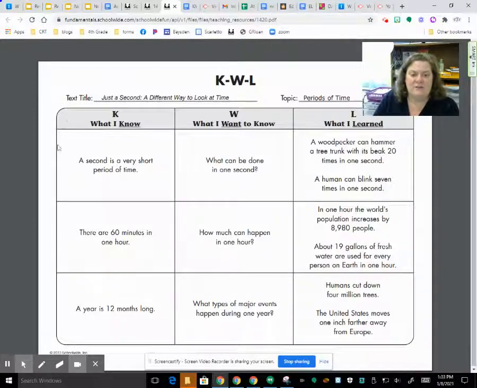So in the K section, you're thinking about what you already know based on this topic. In the middle section, this is where you're asking your questions. For example, in the one about the minute, we started reading about those heartbeats. And one of my questions was, how many times does the human heart beat? If this is a whale and this was a bug, but if that's how many times, what about a human heart? And I wanted that connection to myself. And so I could probably write that question down, and then I could think about what did I find out the answer to that question.